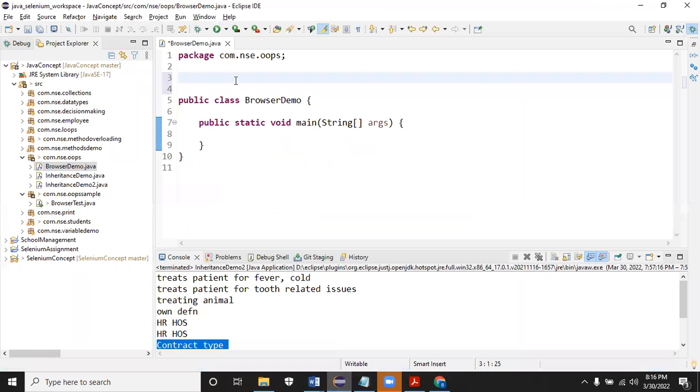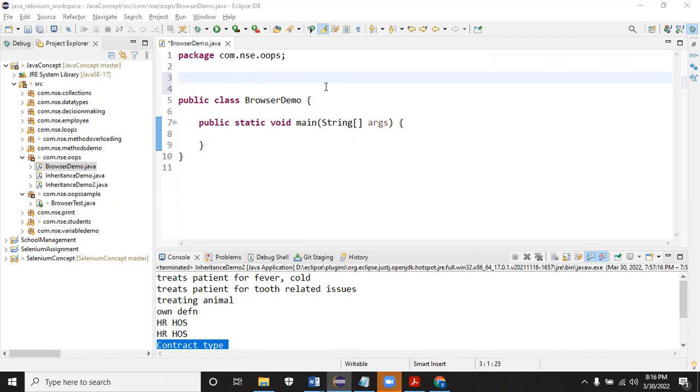For example, take the browser, Chrome driver. In Chrome browser, I want to find the element, and then I want to close the browser. I want to navigate to the URL. Basic activities I want to do. In Firefox browser, I want to do this activity. In Safari browser, I want to do this activity, but I want to make sure all the child classes, the Chrome driver class, the Firefox driver class, and the Safari driver class should have the definition.